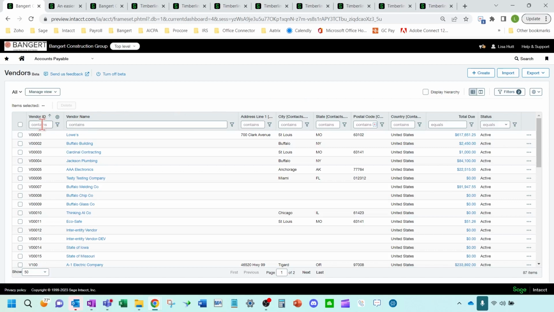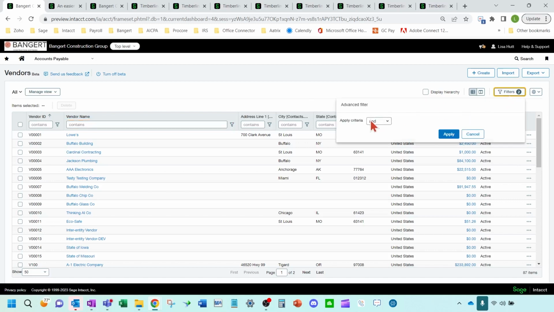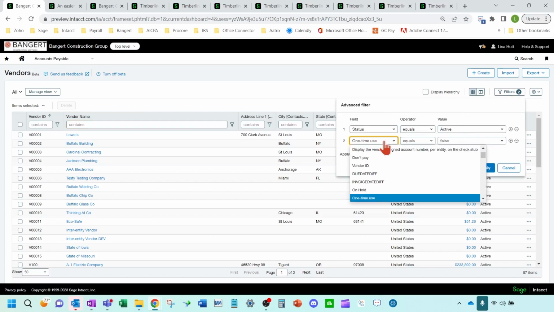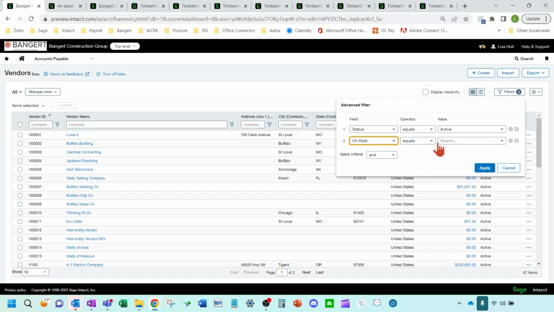Okay, so as you can see, there's some filter boxes up here. There's also an advanced filter box over here that you can click on, where you can put different criteria, such as status equals active, and maybe I want to see on hold vendors. Okay, so you can do multiple filters.